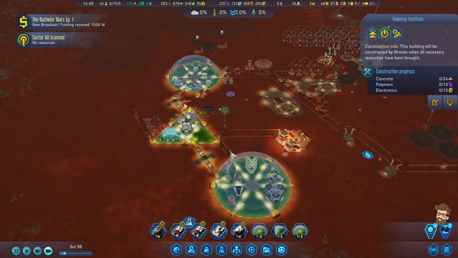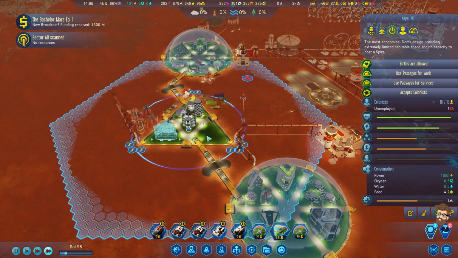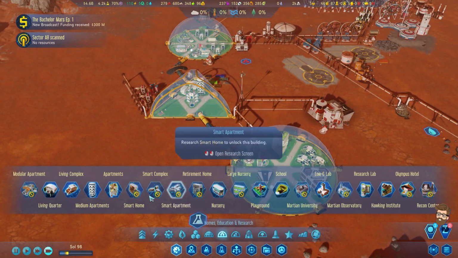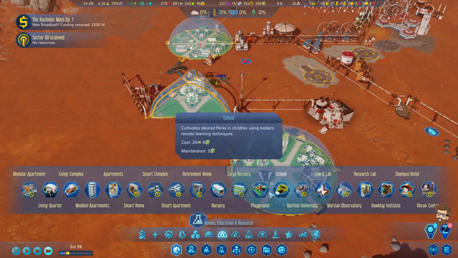I'm going to go ahead and use the hockey institute here. I'm going to rip down the research lab, but put something here that's going to make folks a little bit happier. Actually, no, wait, not there. Hockey institute's going to go down here. And probably...